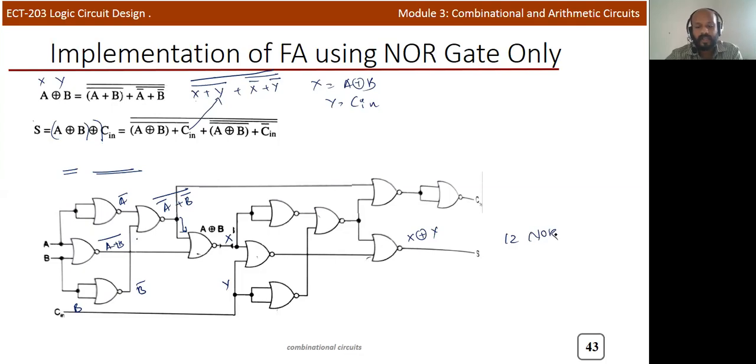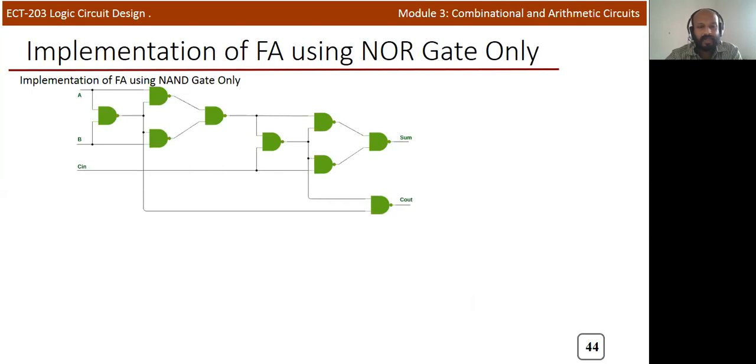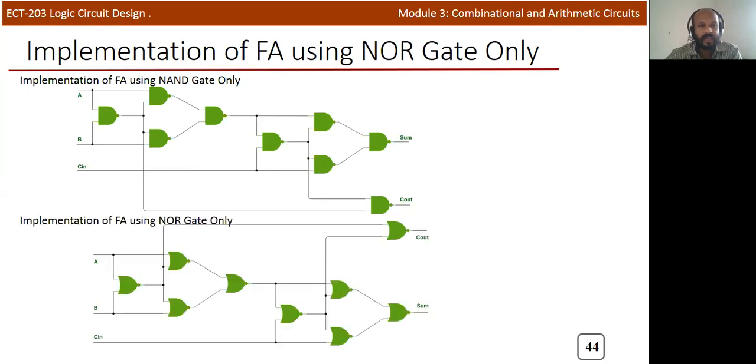But the same thing you can implement in another way also, just like in the case of NAND gate. So this is a NAND gate circuit which you already discussed. In place of NAND gate, if you are using a NOR gate, okay, simply replace by NOR gate, because these two functions are self-dual functions. Okay, they are known as the self-dual functions. Due to the self-dual concept, you can simply replace this NAND with NOR. Only in the case of full adder, so you can replace this NAND with NOR. So you will get exactly the same circuit, and you can implement the circuit by using 9 NOR gates.